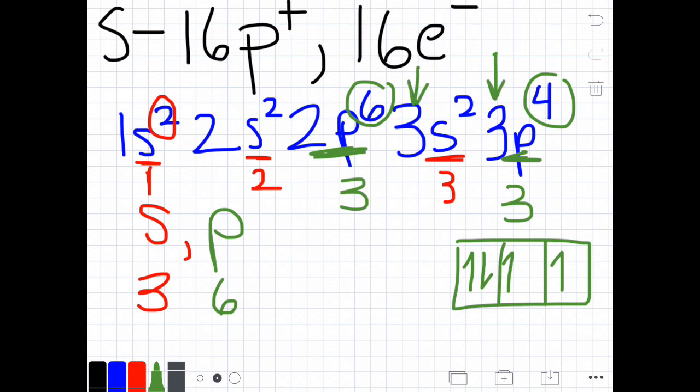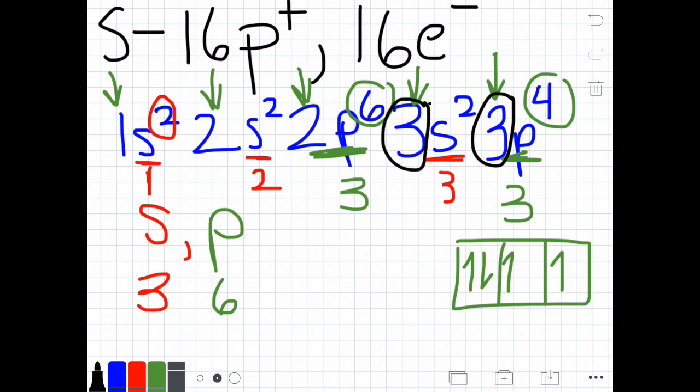So energy levels 3, 2, and 1 all have electrons in them, and our highest energy level, or our valence level, is energy level 3. And we see these 3's in front of both the S-type orbitals and the P-type orbitals. So our valence energy level